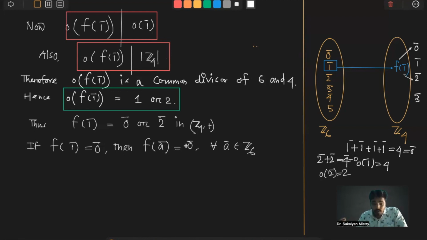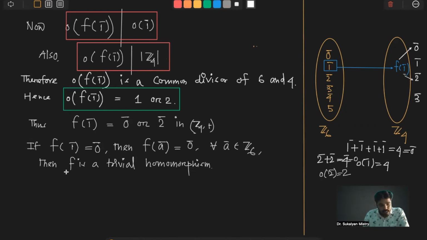This type of homomorphism is called a trivial homomorphism. So f is a trivial homomorphism. We have got one homomorphism. Next, when f of 1 bar is 2 bar,